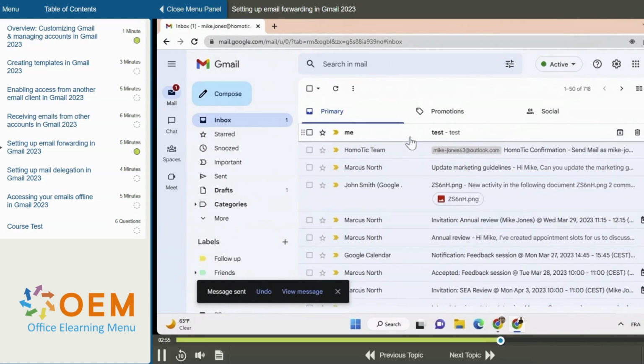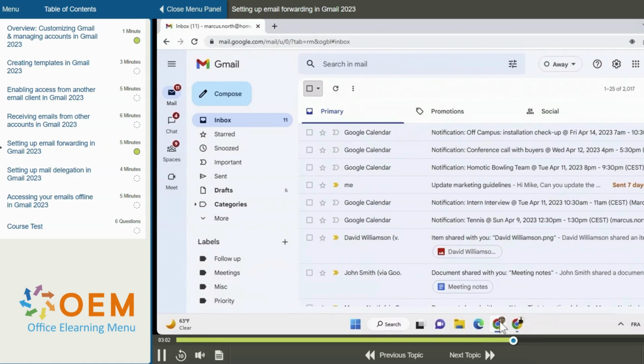I'll now open my other Google Chrome window by clicking on it at the bottom of my screen in the toolbar. Here I am already logged into my colleague Marcus North's account. I'll refresh his inbox by clicking